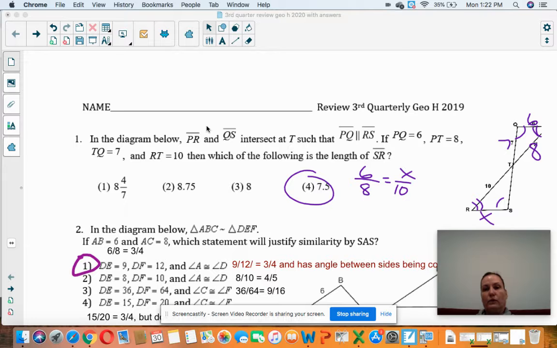This is an explanation of the answers from the quarterly review, which hopefully you guys did already. If you haven't done it, then do it first and then check your answers, and then you can watch the video for the questions that you have trouble with. So you don't have to necessarily watch the whole thing. If you pretty much got everything right, you can fast forward it to the parts that you need more of